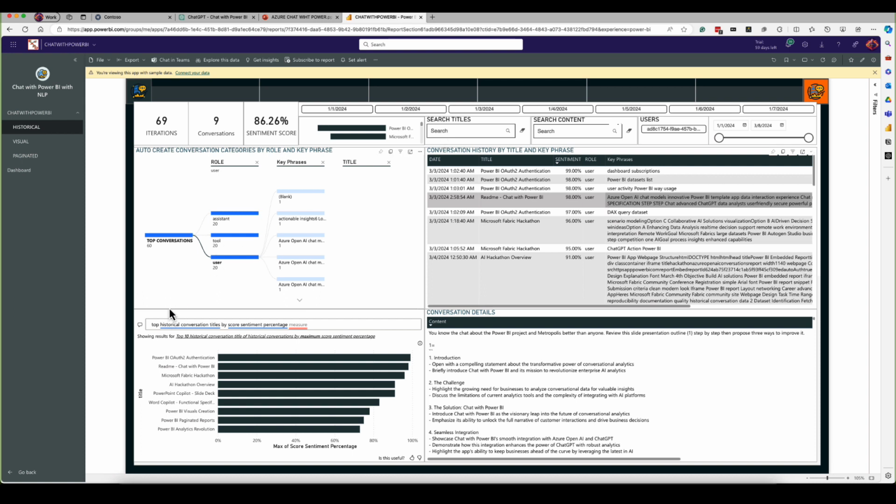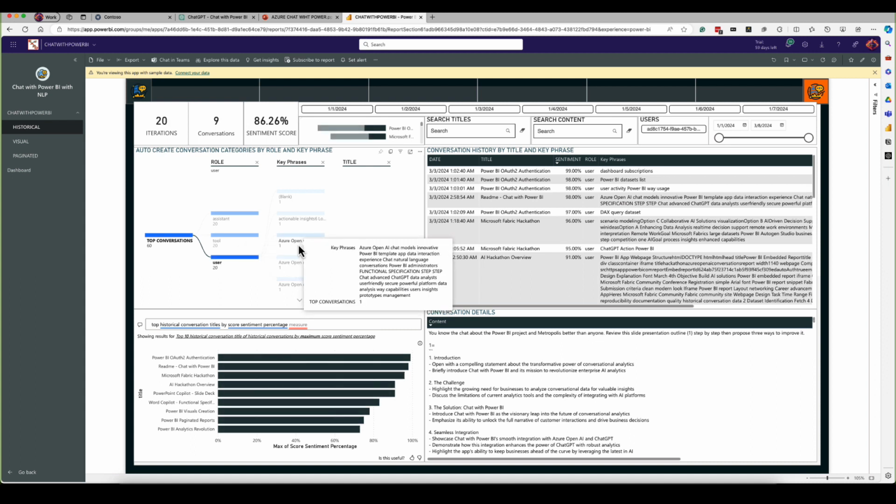What also is extremely helpful is the automatic categorization of chats. There's so many insights that are being shared inside of your team. Don't you want to be able to uncover what those insights are quickly with a dashboard? So I could get into the user chats, and then it looks like, okay, one of the key phrases that's